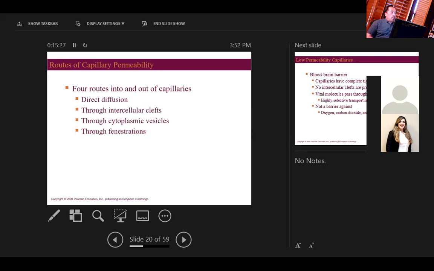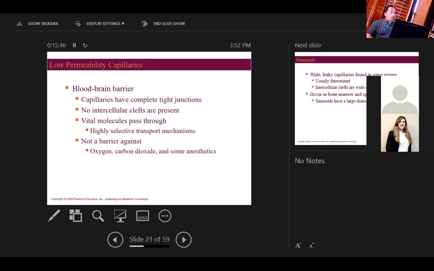So from one side of the endothelium, it's going to be taken out into vesicles, and it's going to be secreted out to the other side. Or the most common type is going to be through the fenestrations, and that allows the movement to go from one area to the other. Now, as I said, the blood-brain barrier has tight junctions, and intercellular clefts,